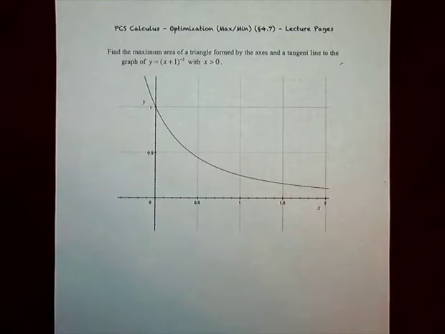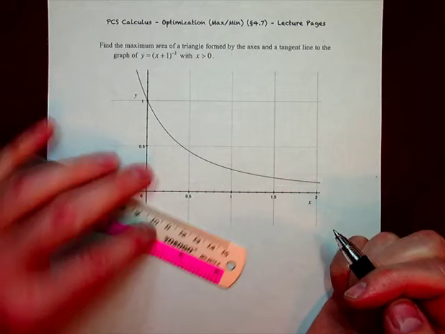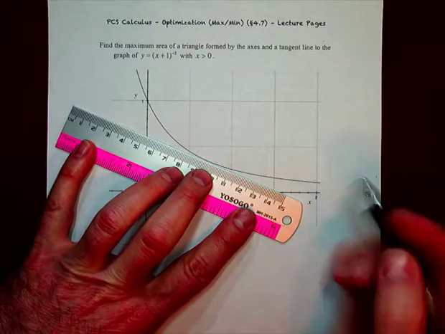Now this is one that I kind of skipped over because I hit a roadblock and I didn't want to burn class time. But let's come back to it now that we have a little bit more time. And this is basically: find the maximum area of a triangle formed by the axes and a tangent line to the graph. So, if we have something like this,